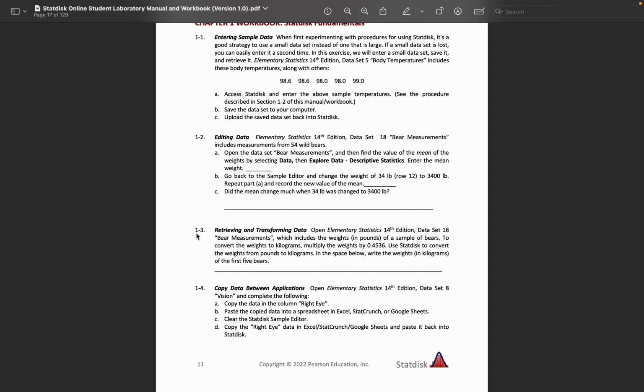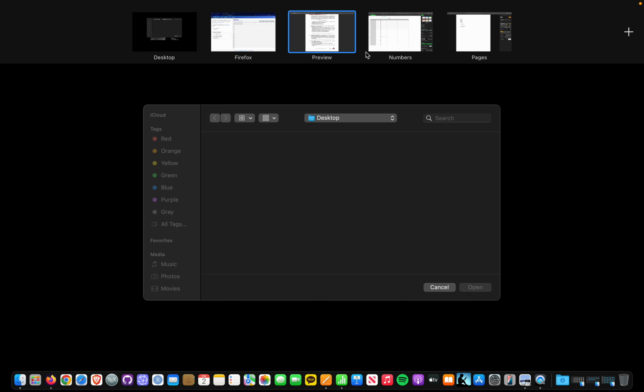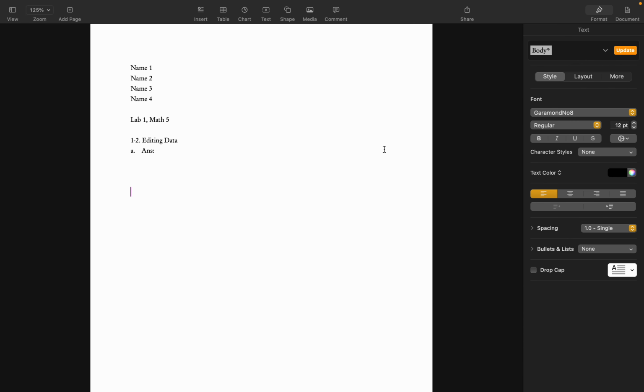At least if you follow these procedures, you should get full credit for the lab. And of course, if there's some things that are missing, I'll let you guys know in the Canvas comments. Okay, so the first thing we're going to do is, all right, so what you want to do is kind of prepare whatever you're going to use to actually type up your lab. And so let me just kind of go there. All right, so I'm going to use Pages.